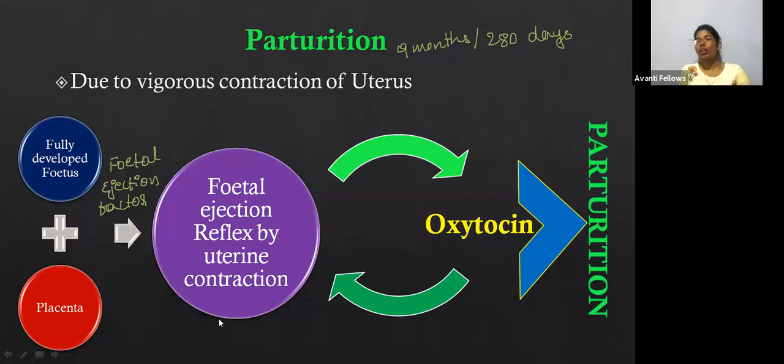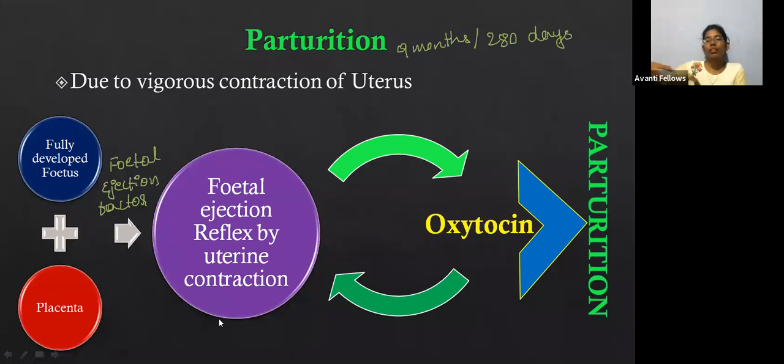If this is the uterus, not exactly. Nishchita, yes, correct, but in between there is one more thing. Yes, cervix, very good. So this is a uterus, and below the uterus there is a small narrow structure, the cervix, and below the cervix there is the vagina. So now the fetus has to come to the cervix, and from the cervix to the vagina, and through the vagina the fetus will come out.